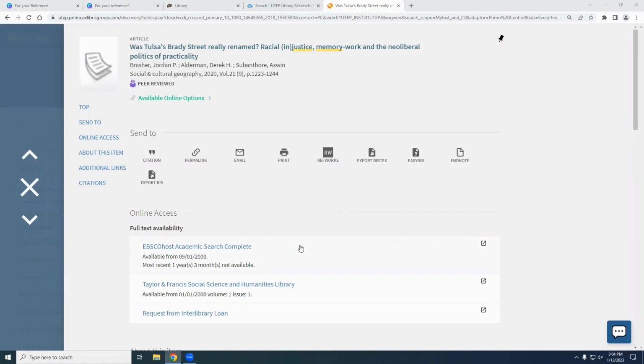So now we're going to segue into interlibrary loan, which I've name dropped a couple times before. There's a handful of different ways you can get to your interlibrary loan account. Has anybody in here ever used interlibrary loan before? No. Okay, great. That means that this is going to be super helpful for you.